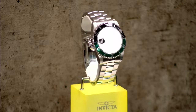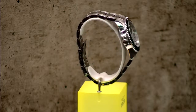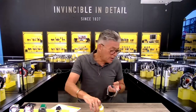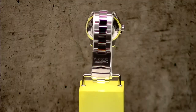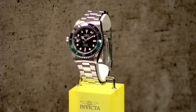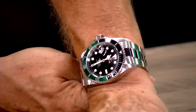Let me show you how this works with this beautiful timepiece. 43975 is the model number from the Pro Diver series. 42 millimeter casing, beautiful NH35A movement, especially made for Invicta by TMI, as you know. And you know, this movement is very well known within the Invicta family because we use it on many different watches in our collection. As you can see, I'm wearing the watch on my left wrist at the moment, and